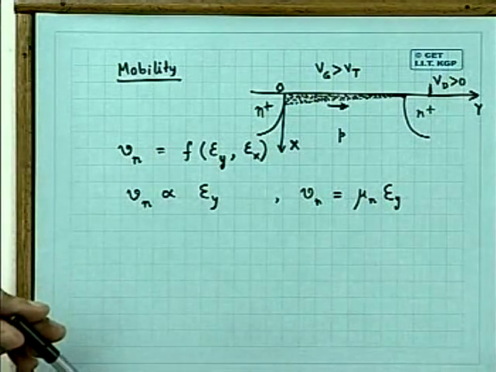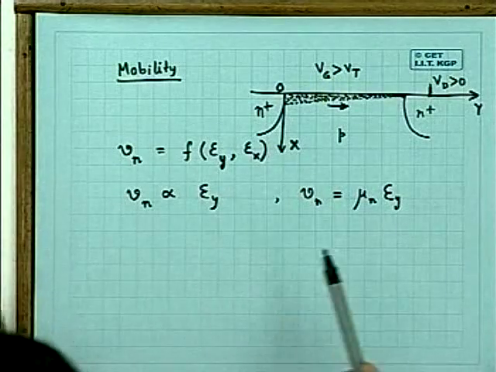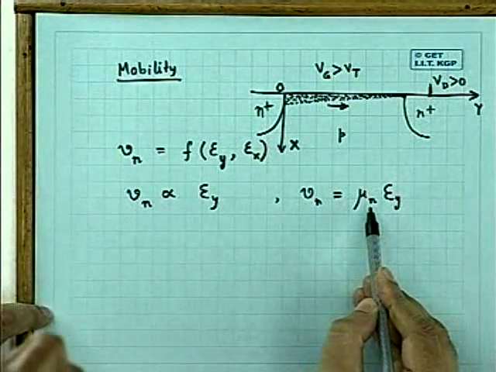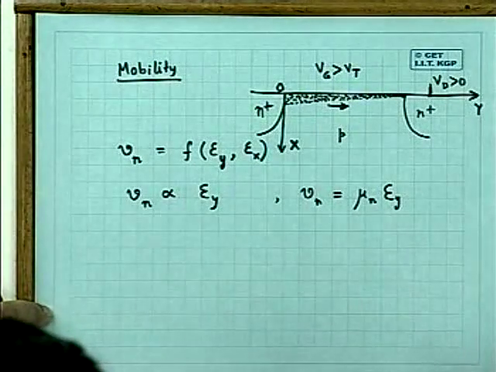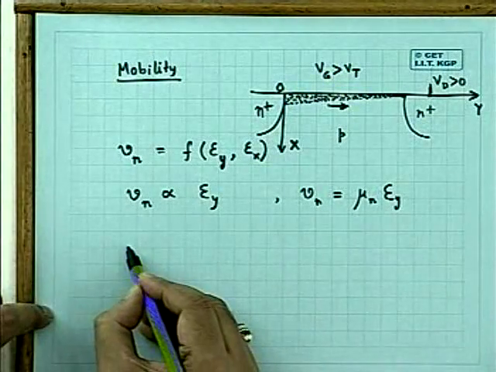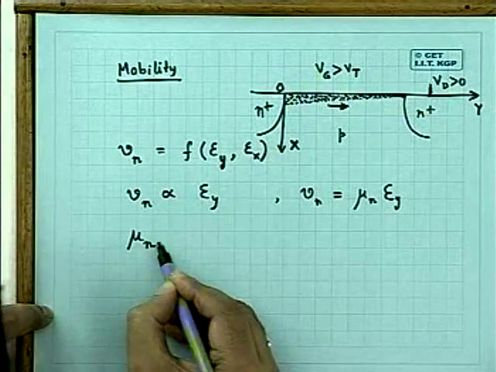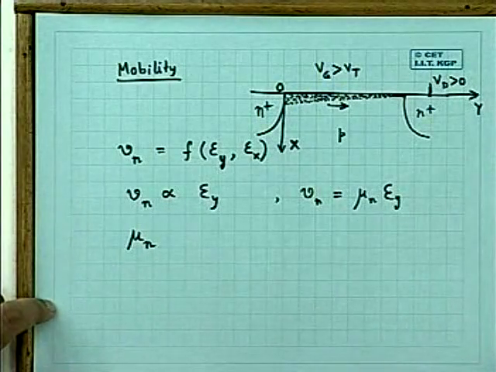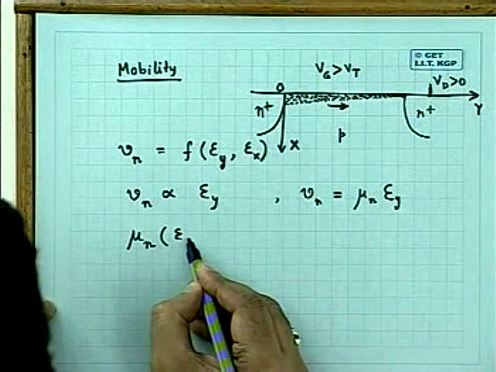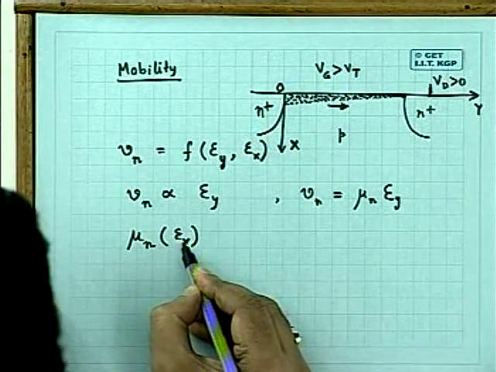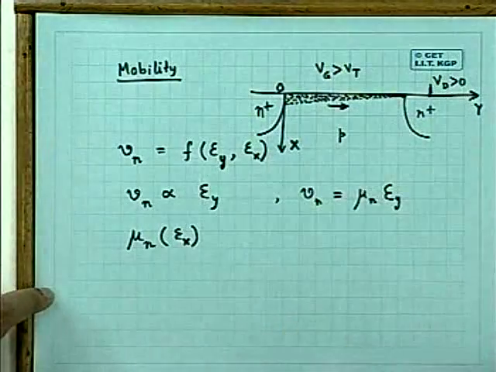But in this case, this mu n is also a function of Ex. This mu n, the so-called low field mobility, is also a function of the electric field perpendicular to the surface,